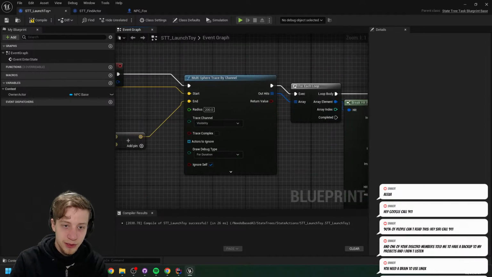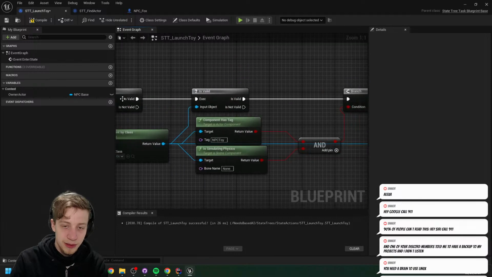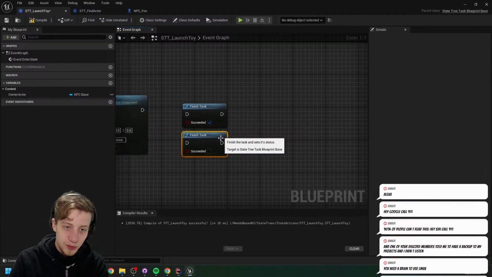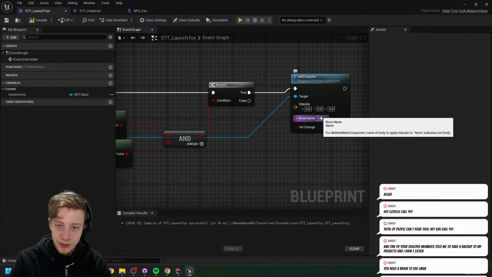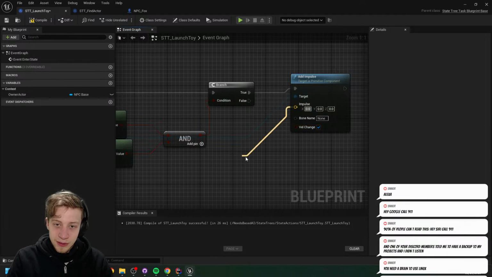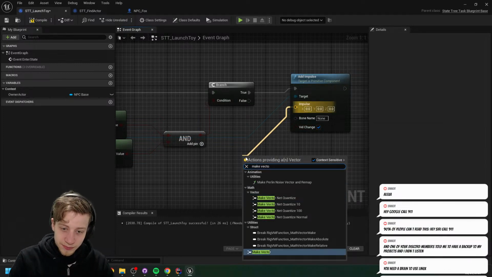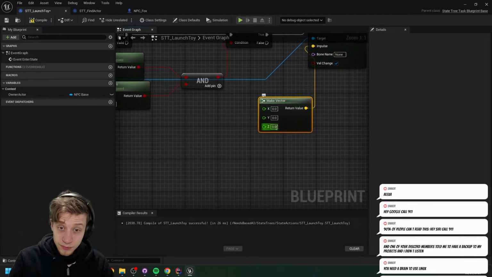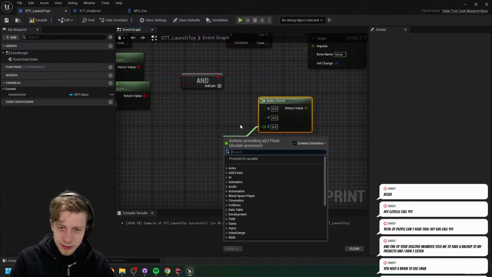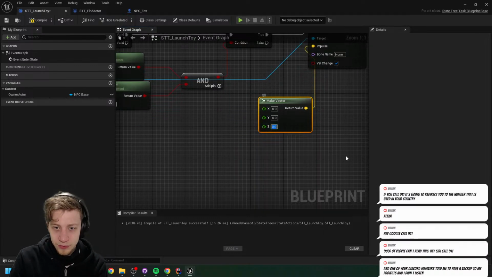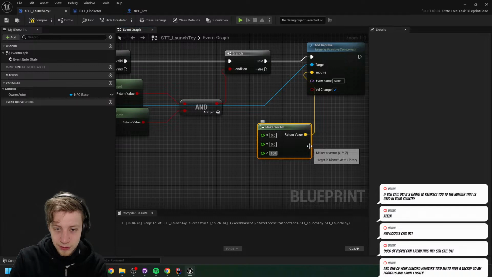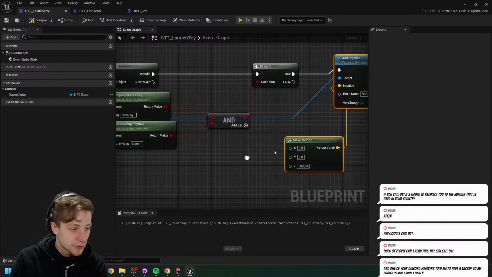I probably want to do a montage here. Yeah, that's fine. Let's make a vector out of this. Let's hard code it for now. I feel like I'm doing too much at the same time anyway. Let's do about 1000 units, and we're overriding the velocity, so it should launch it.